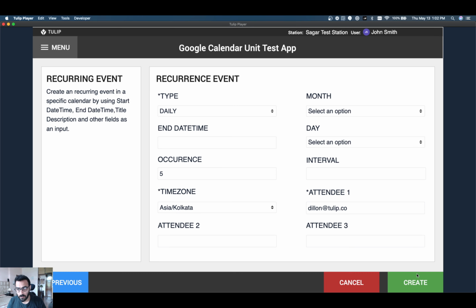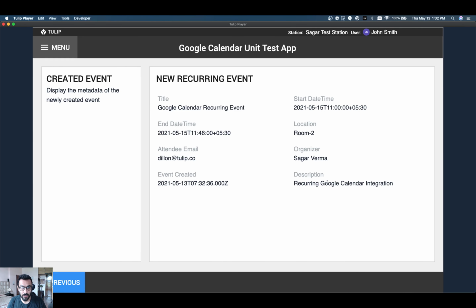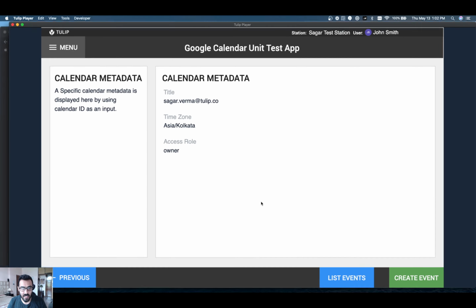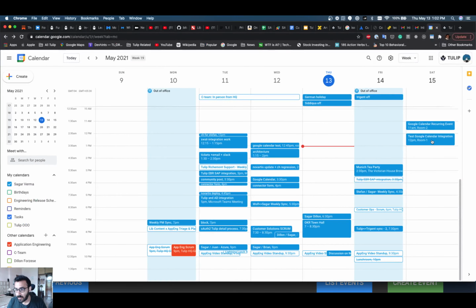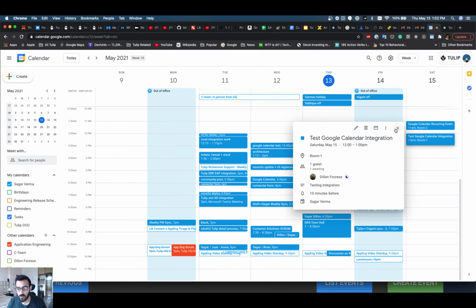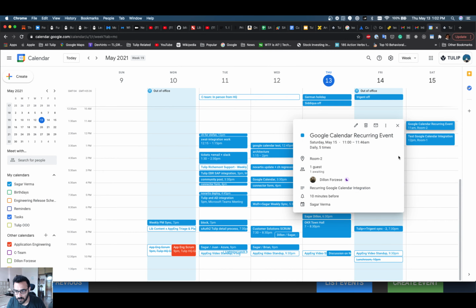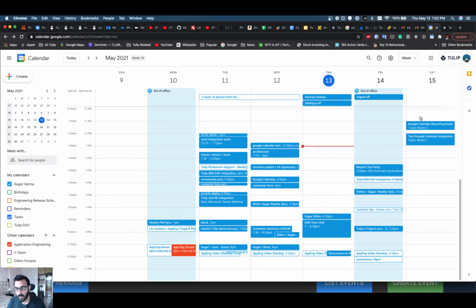And then finally, I can go ahead and create an event, and it should be created, and pulls in the metadata for that event. I go back and look, and there we go. I think this was the earlier one. This was the one that I built for recurring. We should make sure that it